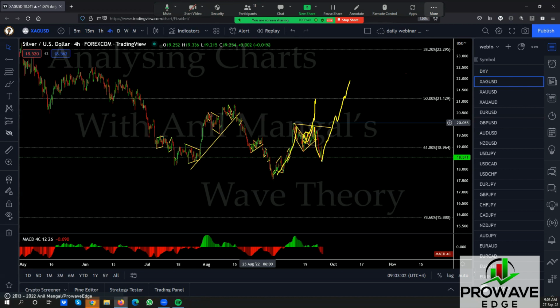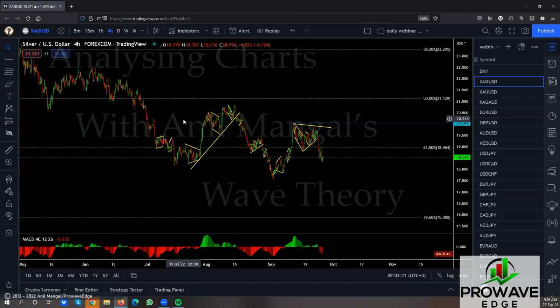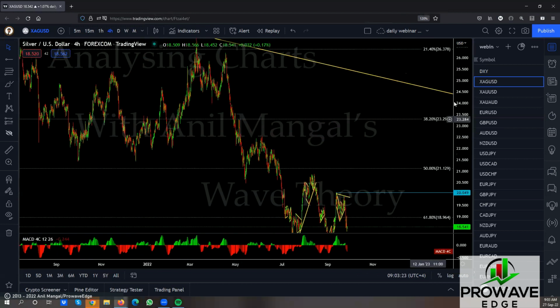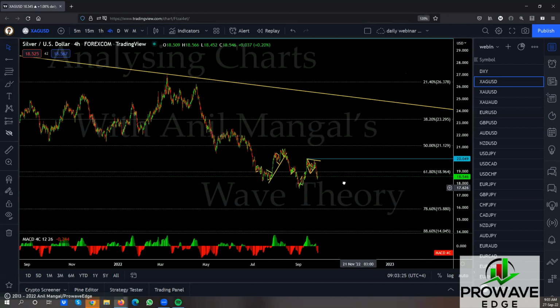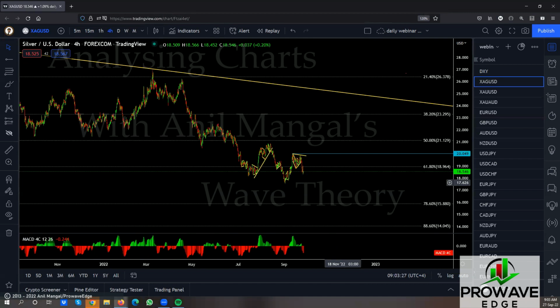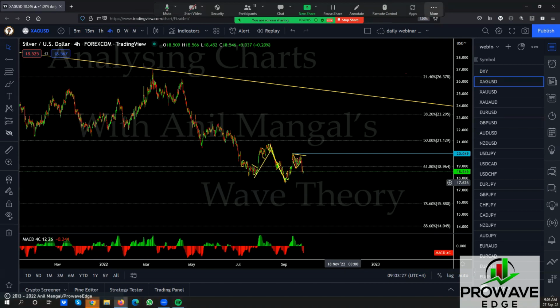Because we're not looking for this to be a running flat. This one was a running flat with something in the past, if I remember. Right? We were having some other flat patterns. Nope, we don't have any. So most likely, this is pretty sharp. So I wouldn't put it as a running flat. Just leave that as a correction of its own. So what we will do now is we'll watch this.